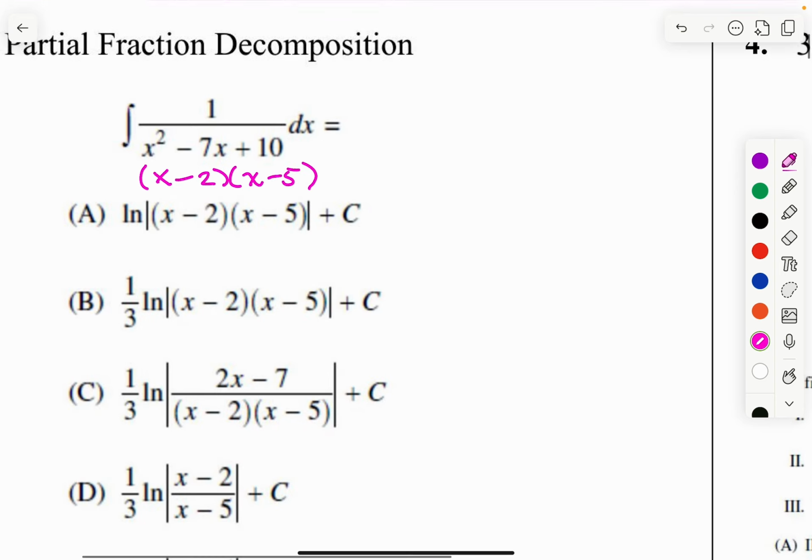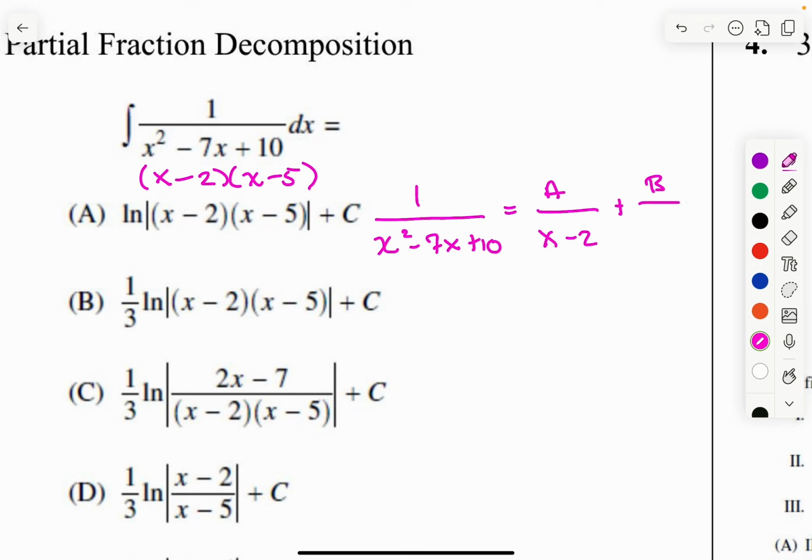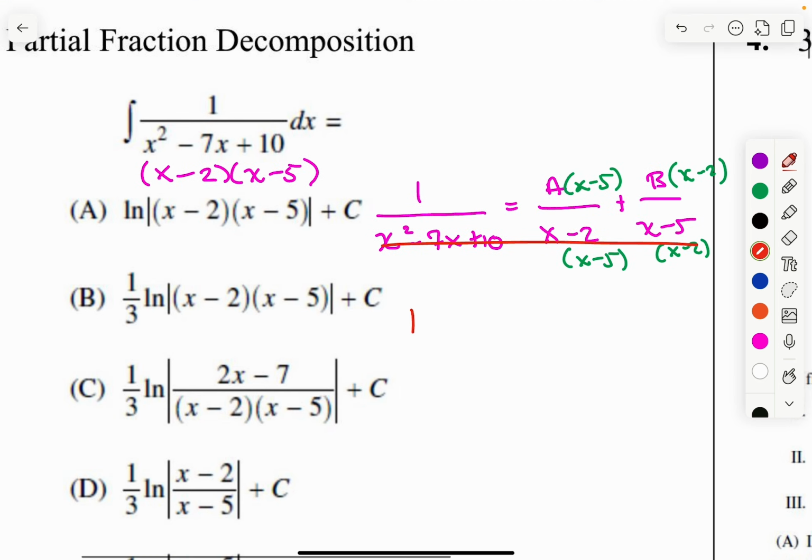Okay, so that means we can decompose this into something over the first linear factor plus something else. Okay, and then, okay, so the result here, now that they have the same denominators, we can say that 1 is equal to